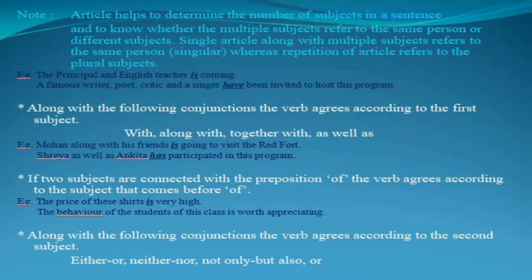The behavior of the students of this class is worth appreciating. So behavior and the students, these are two subjects, and the preposition of is being used here between these two subjects. So we must use the verb according to the first subject, behavior, uncountable, so we have used here is. If the sentence was like this, the students of my class